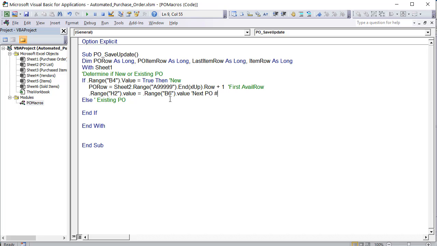Okay, so we've got that set up. What else do we want to do? That's all I really want to do. If it's a new one, there's other things that we can do. We can add in the purchase order number on A, so we probably should do that too. One more thing. So sheet 2 dot range A, and what is it? The PO row. Now that we've defined the PO row, dot value equals, I want to put also that in H2 dot range H2. So I want to put the purchase order number, but only for new one, dot value